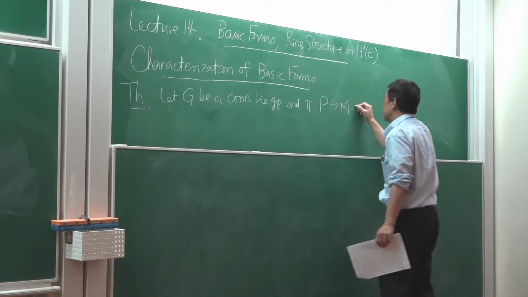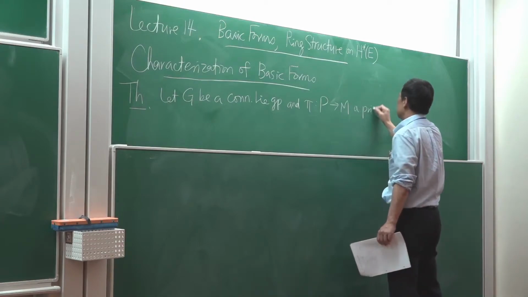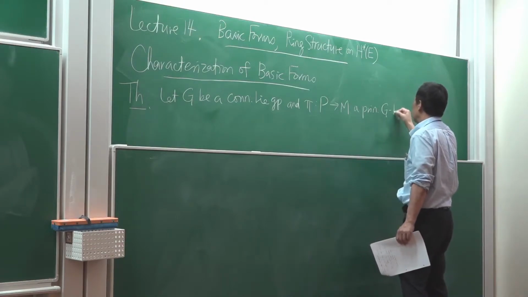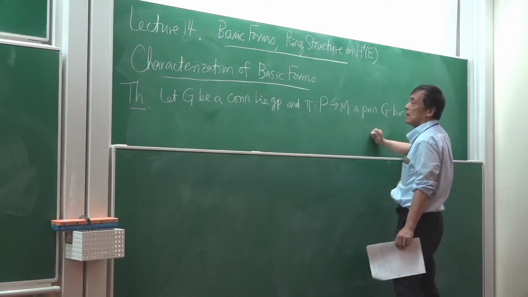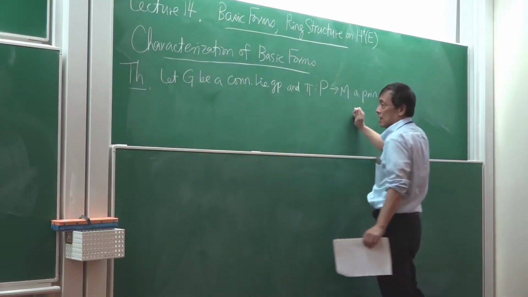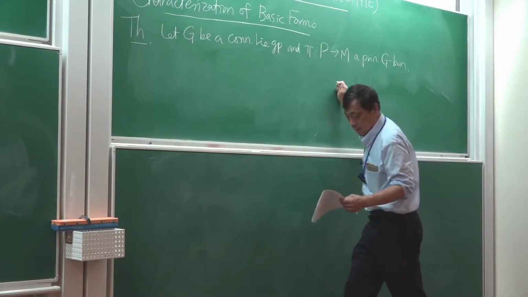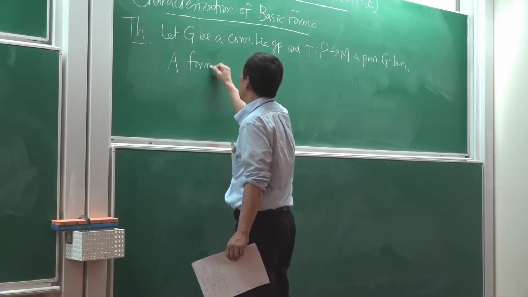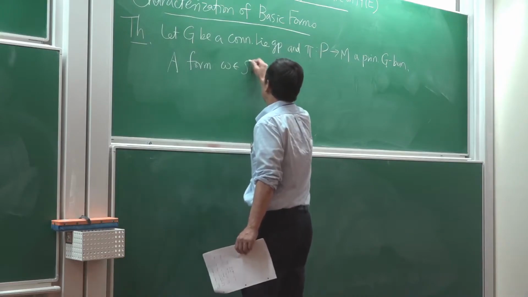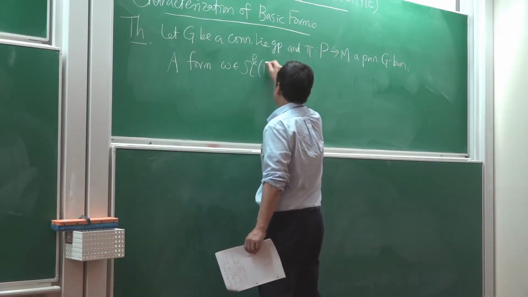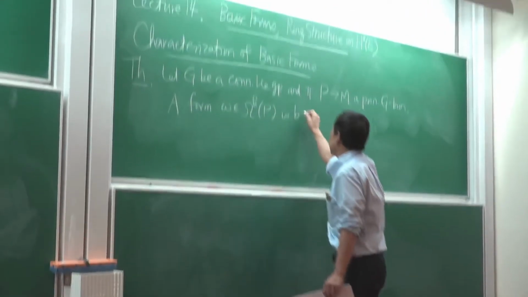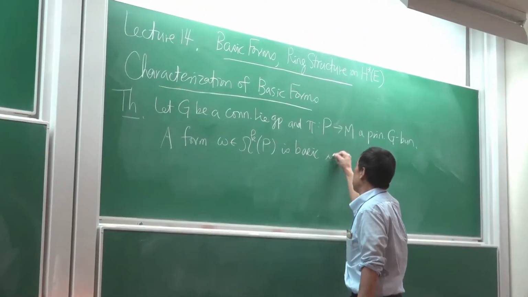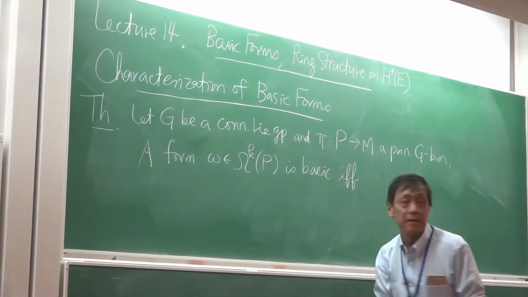Pi is a principal G bundle. Then a form omega upstairs is basic if and only if